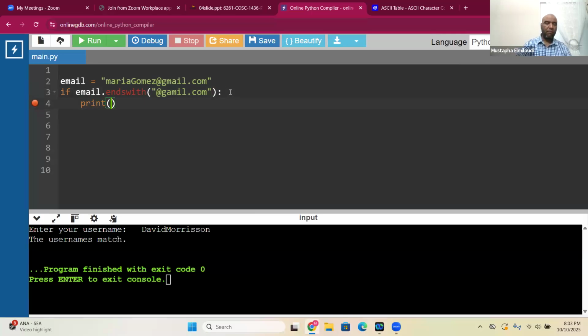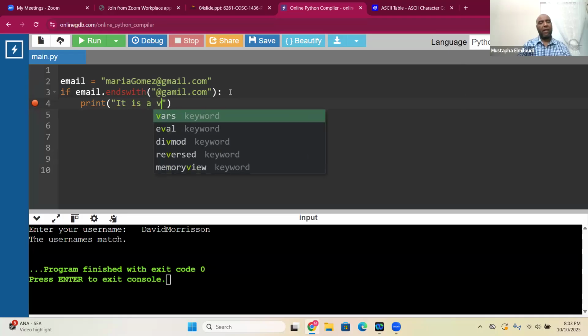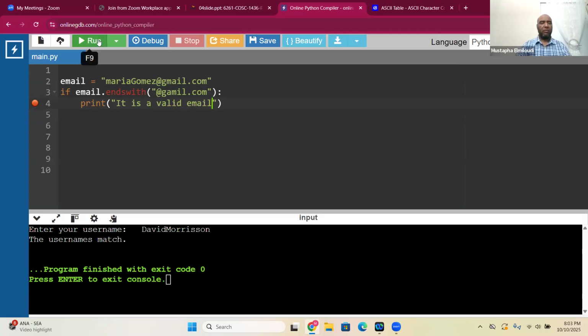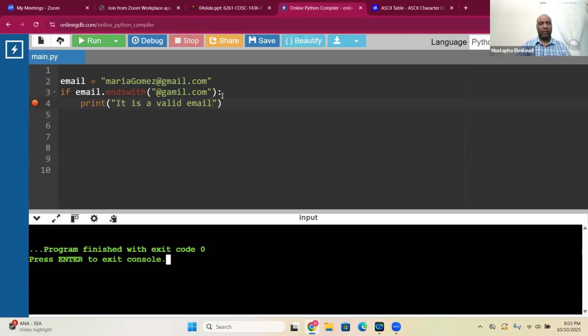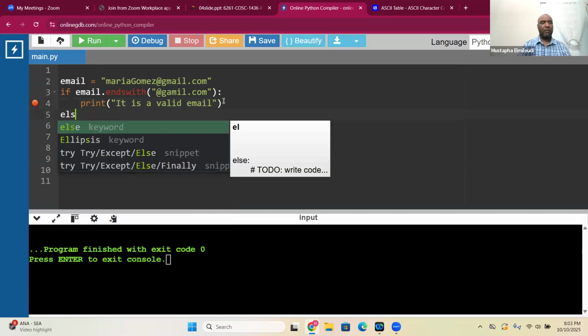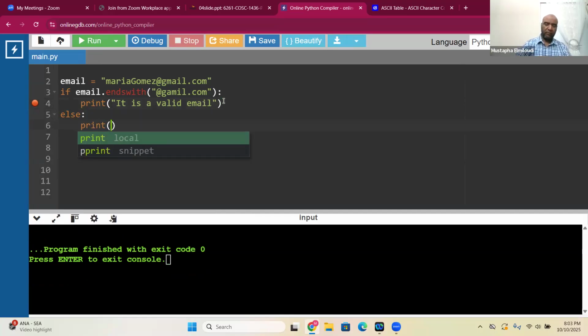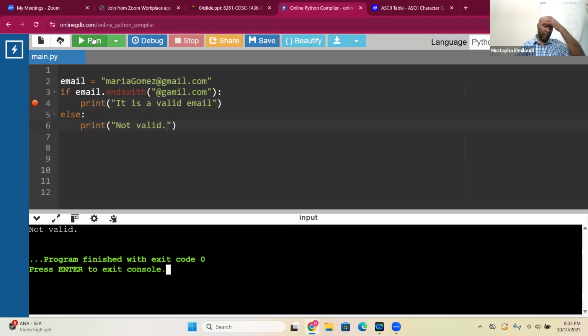Print, it is a valid email. So I'm going to run the program, and or else, I'm going to put else, print, not valid. So I'm going to run, not valid. See? If the email ends with, oh, because I misspelled again, Gmail. Or instead of typing that,